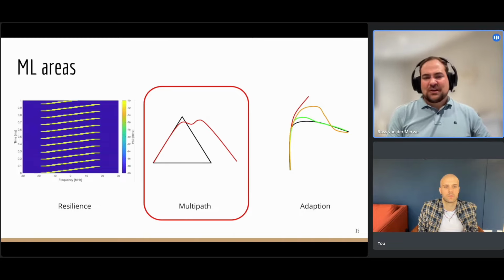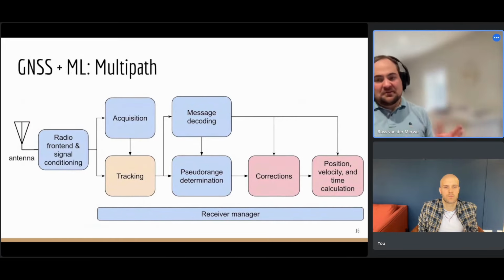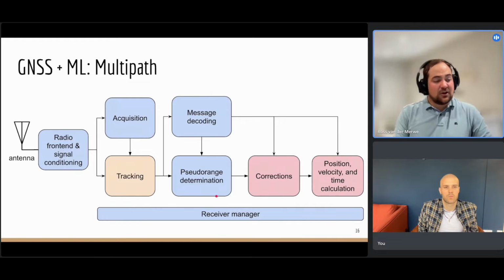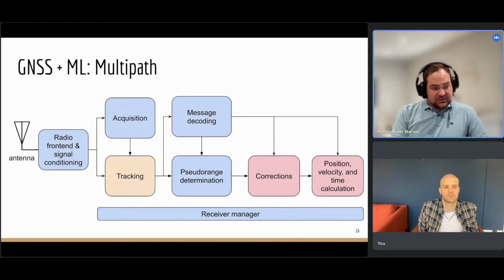And I think this is one of those questions where do you want to have a massive problem that happens once and never again, or do you want to have this constant issue that you have to deal with? And this is the multipath case. So looking at multipath, the layout is a bit different. Definitely a lot of work is being done on the correction side. So can we correct this multipath error on our pseudo range? And in the PVT, can we exclude a satellite from the position calculation or de-weight it? So if there's one satellite that really has a big problem, put this to the side and rely on the others. And then there are some techniques in tracking, and I'll get to them as well.